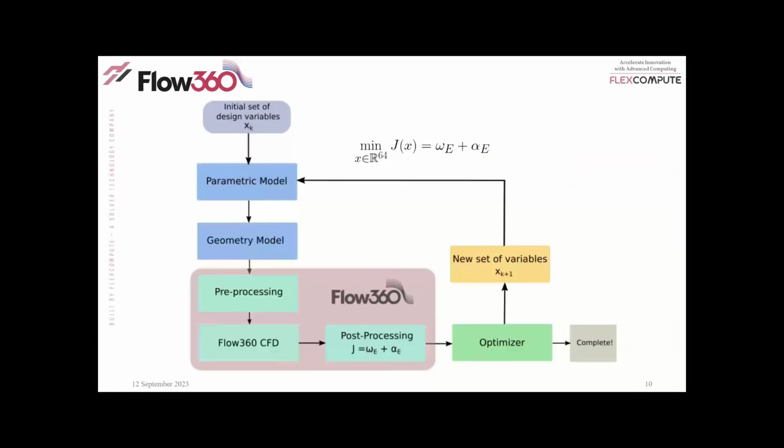So here for this case study, we have a parametric model. The workflow takes initial design variables and passes them to the parametric model. The parametric model generates the geometry model. We take the geometry and pass it to our preprocessor. Our preprocessor generates the mesh and passes it to the CFD solver, Flow360, and Flow360 runs it on our server, completes, and after that, we pass it to the post-processor, and the post-processor extracts the